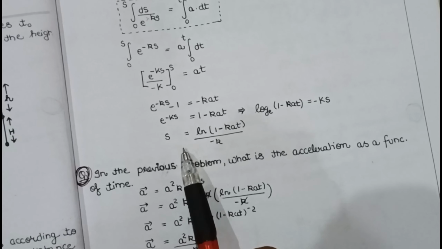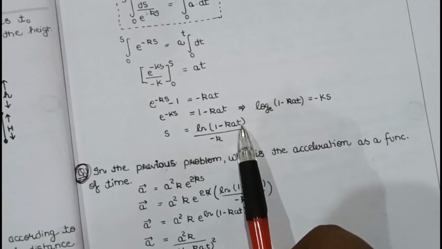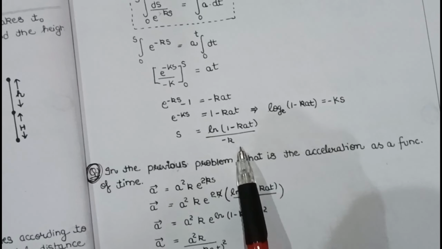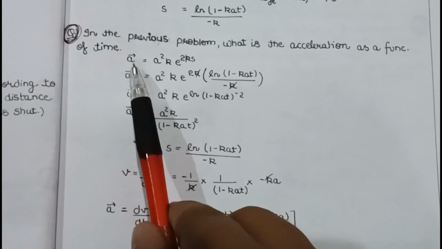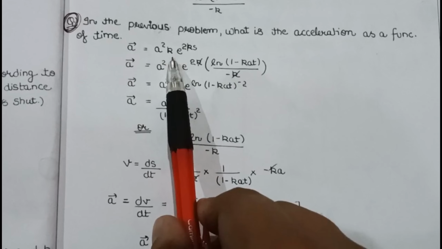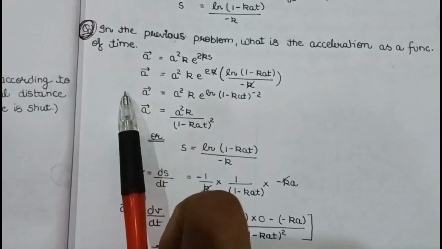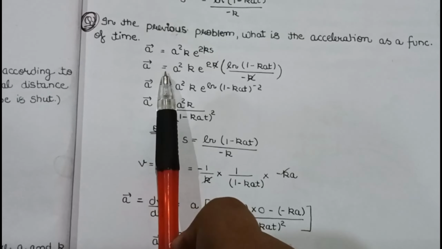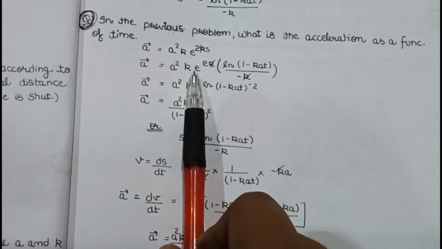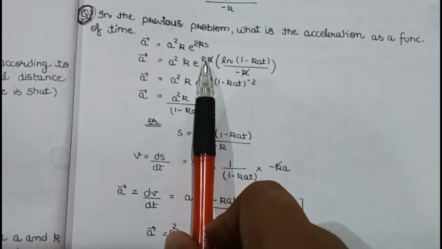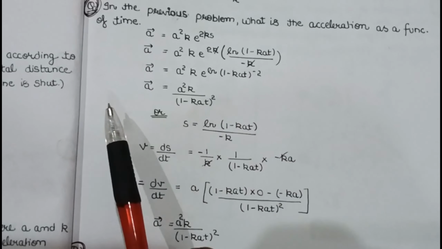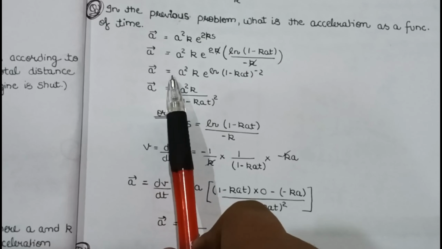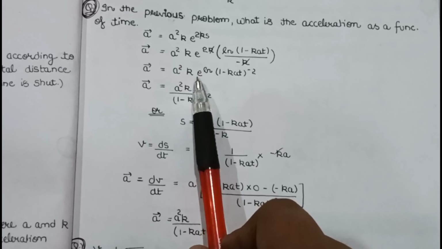Therefore, displacement is equal to ln(1 minus k·a·t) upon minus k. In the previous problem, what is the acceleration as a function of time? Acceleration is equal to a square·k·e^(2ks). Acceleration is equal to a square k into e power 2k s. Here, s is equal to ln of (1 minus k·a·t) upon minus k. From here, k and k get cancelled and the acceleration vector is equal to a square·k·e power